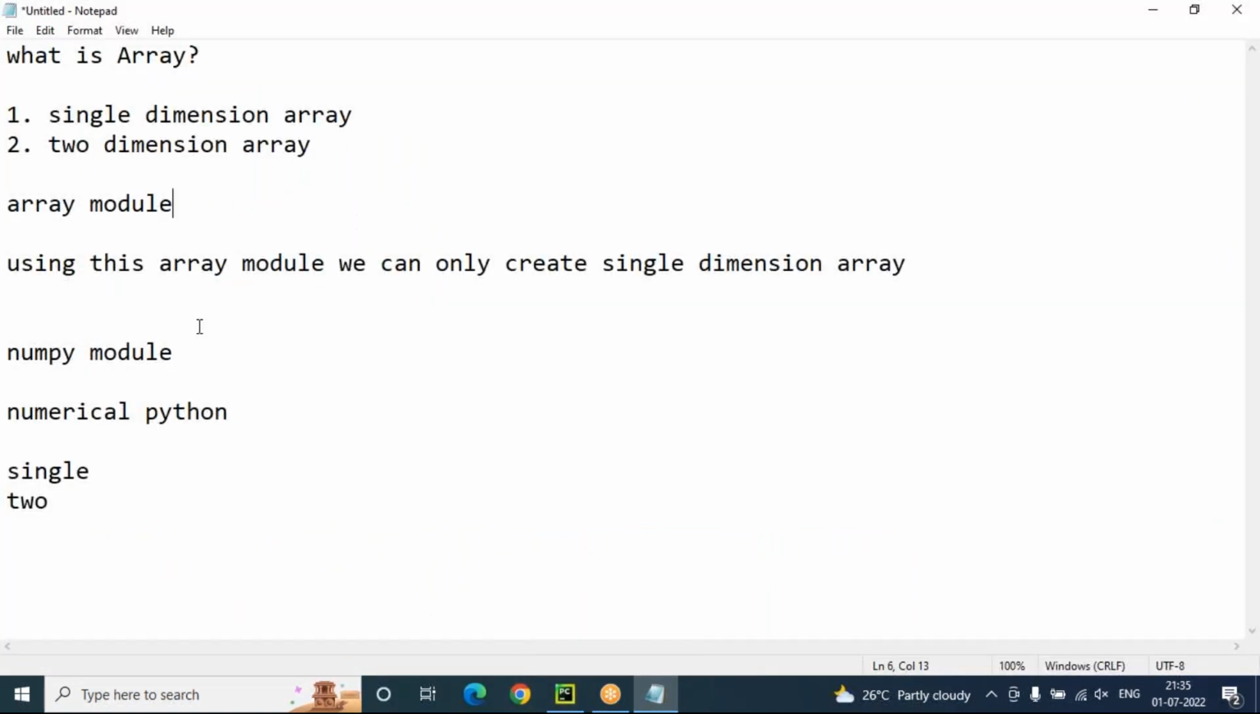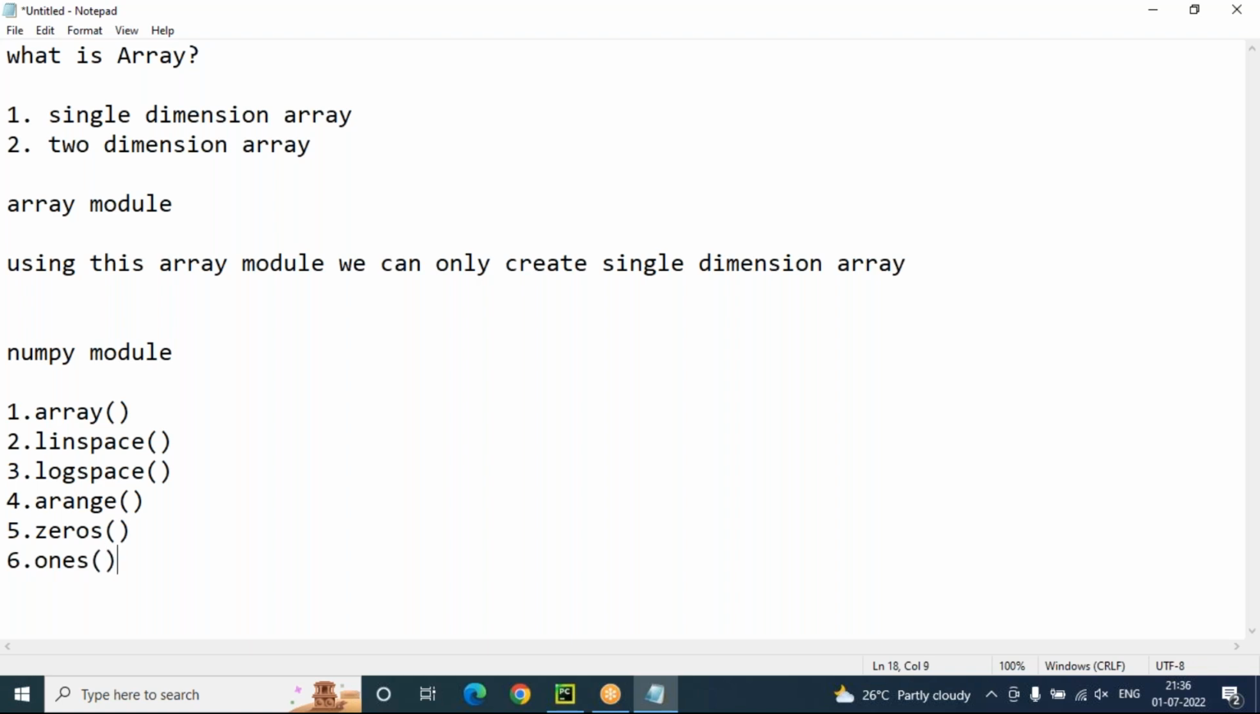Array module. Let's go for the NumPy module. NumPy module is offering what functions to create single dimension as well as two dimension array. NumPy module is offering some built-in methods. Array method, linspace is there, that is linear space. Logspace is there, log values arrays we can create. Arange is there, array range. And zeros and ones functions are there. These are all built-in functions of